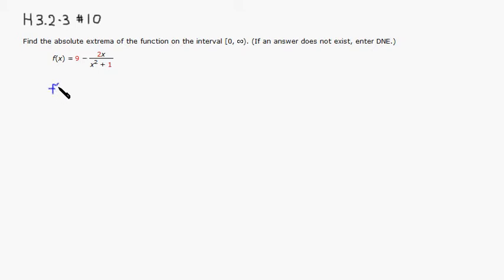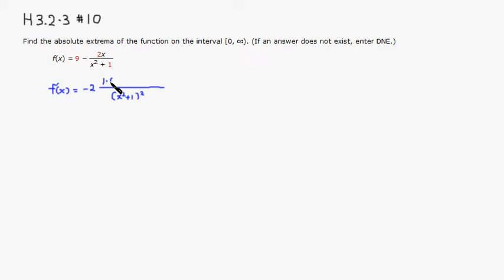So f prime of x is equal to, right? The derivative of 9 is 0 since it's a constant. So you have a negative sign, so I put the negative sign here. And a 2, so 2 is just a constant, I'll put it over here. Then we're going to take the derivative using the quotient rule. So square the bottom, quantity x squared plus 1 squared, right? And 2 is factored out already, so the derivative of x is 1